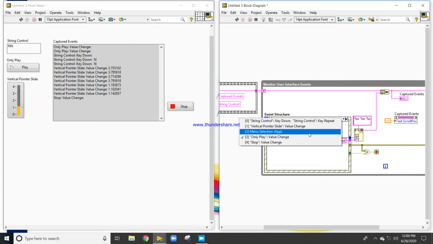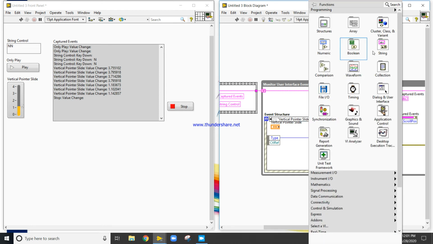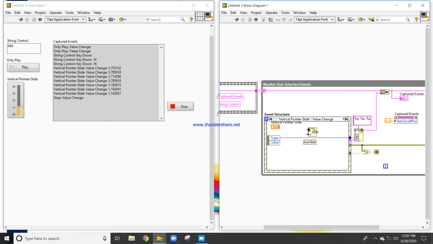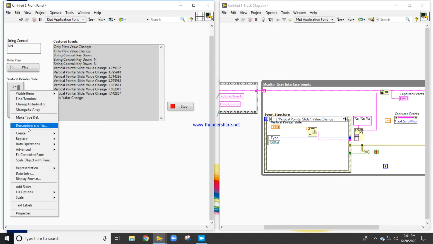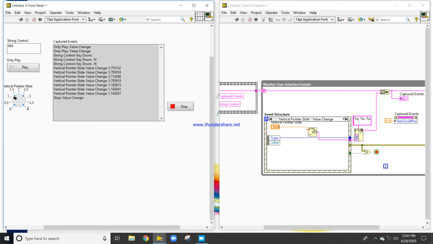After that, come to the vertical pointer, delete this one, control B, I want to take only this. Now it will not be a pointer. I will try to replace these with a knob.